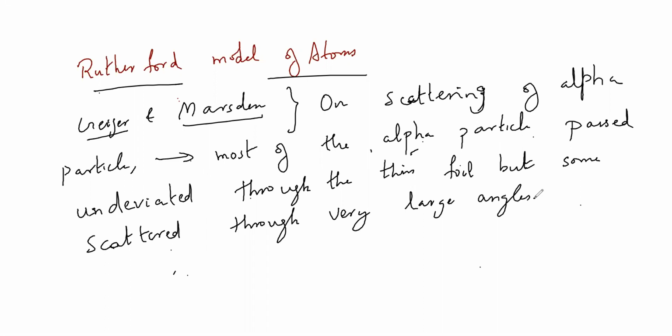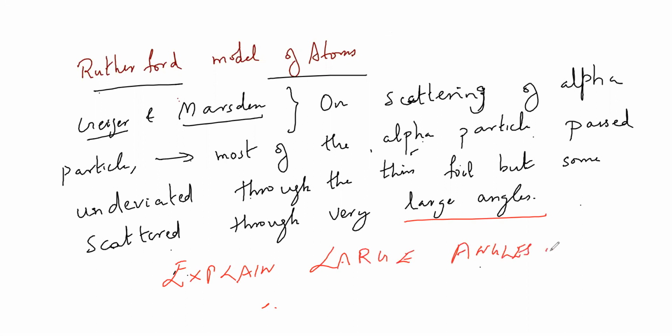Okay, fine. So the important thing in Rutherford's model is that he was able to explain large angles of alpha scattering. The important thing is this, he was able to explain large angles of alpha scattering. This is the only thing we can get from this experiment. And then if you ask me about the disadvantages of this,